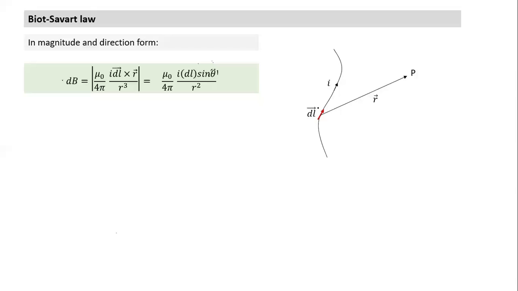Theta is the angle between the dl vector and the position vector of the point with reference to the current element. So the current element is taken as the reference point. If I have to calculate at point P, this position vector with reference to the current element becomes my r vector, and this is my angle theta. The angle theta is between two vectors, and it's part of the cross product. To find direction, we have to use the property of the cross product, and if we understand that part, it makes things easy.